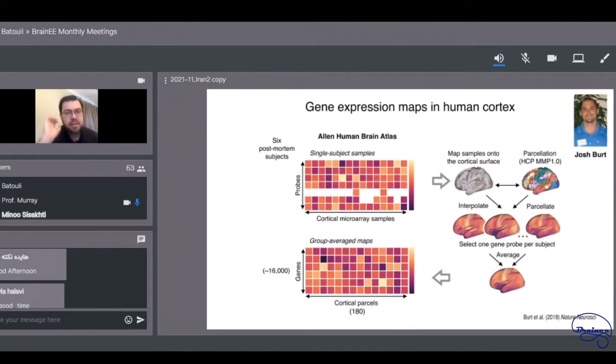This is a public data set from the Allen Human Brain Atlas, which has gene expression in 6 post-mortem subjects. So they were able to sample bits of brain tissue post-mortem and run gene expression levels on that. And we're able to run that through our neuroimaging pipelines in order to get whole cortex maps for different genes of interest, for thousands of genes that are in the data set. So we were able to process that, and now we can compare that to our imaging measures, right?